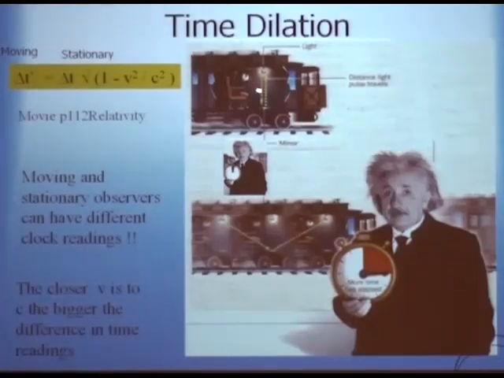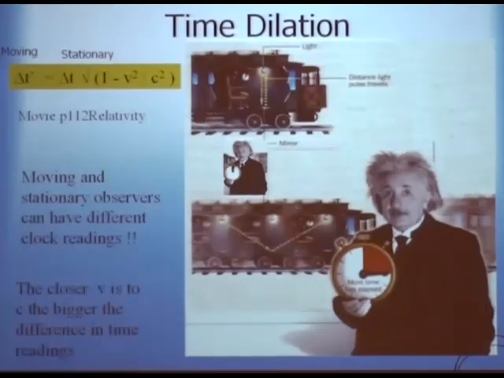Now, the guy on the train has a clock, and he's going to measure. This is a very difficult experiment, but let's suppose in your imagination that he can actually measure how long it takes the light to go up and down. And the guy on the ground is also going to measure how long it takes the light to go up and down, except that the guy on the ground will see the train moving. Now you know that the guy inside the train doesn't really know the train is moving, right? He just sees the light beam going up and down, and for him it will take so much time.